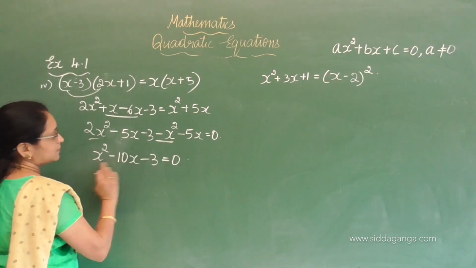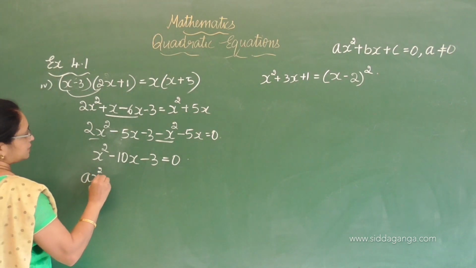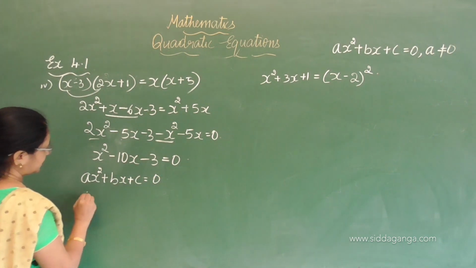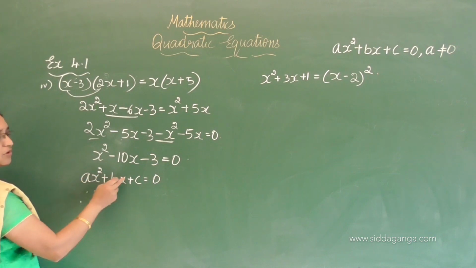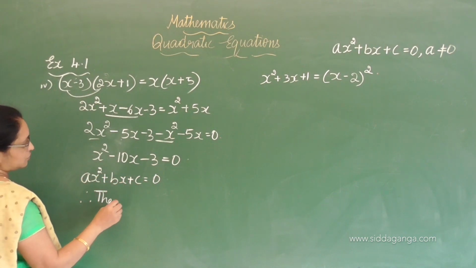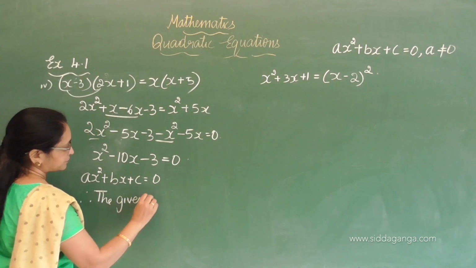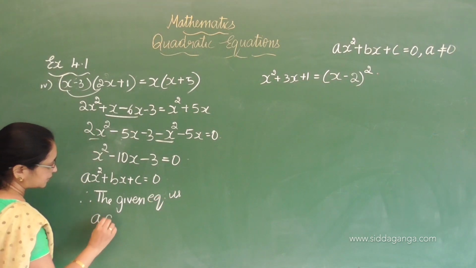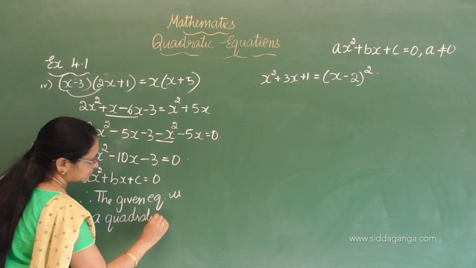Again it is in the form of a quadratic equation, that is, it is in the form of ax square plus bx plus c is equal to 0. Therefore the given equation is a quadratic equation,